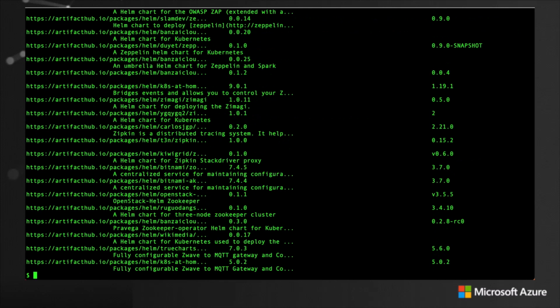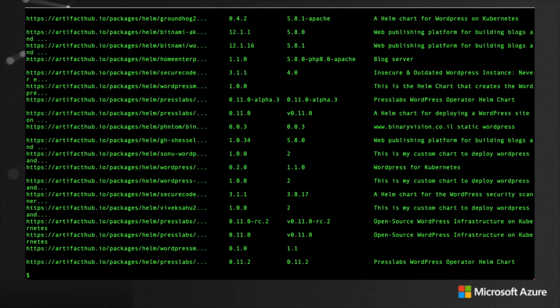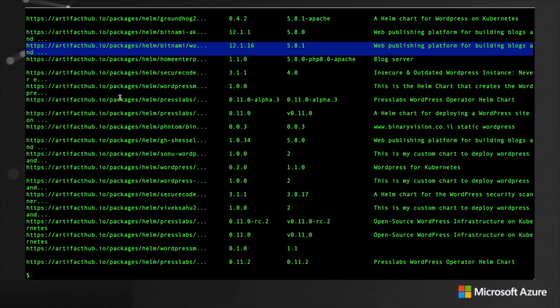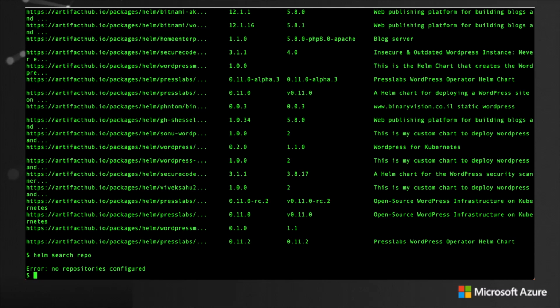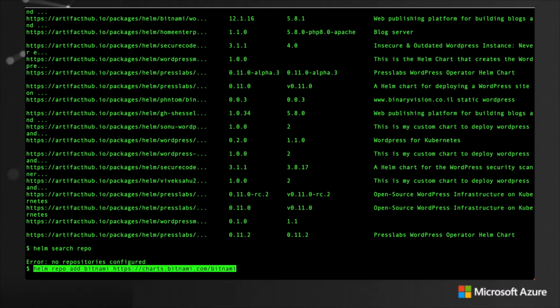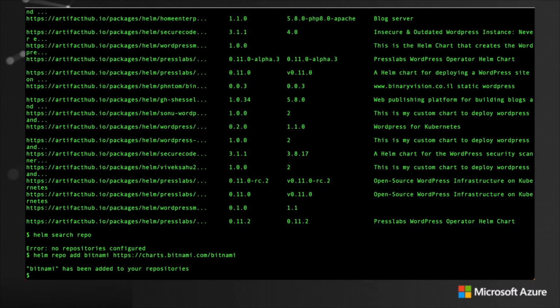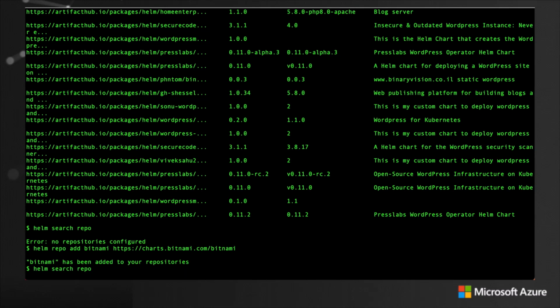Say we want to install WordPress. Okay, look on Artifact Hub for that. And we can choose a chart from a verified source, like Bitnami has a WordPress chart. In the past, Helm was pre-configured with default chart repositories. These days, charts are decentralized and found in many repositories, so we can add the Bitnami repo to our local